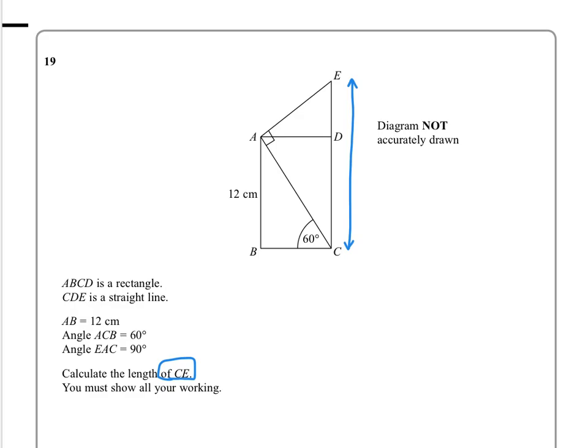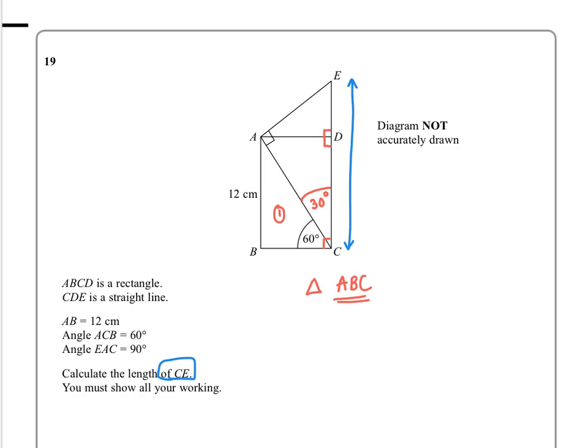So first of all, let's fill in some information on the diagram that could be useful. Well, this is 30 degrees because that's a right angle. This is a right angle here, as is this. And the nice thing that we have here in triangle ABC,